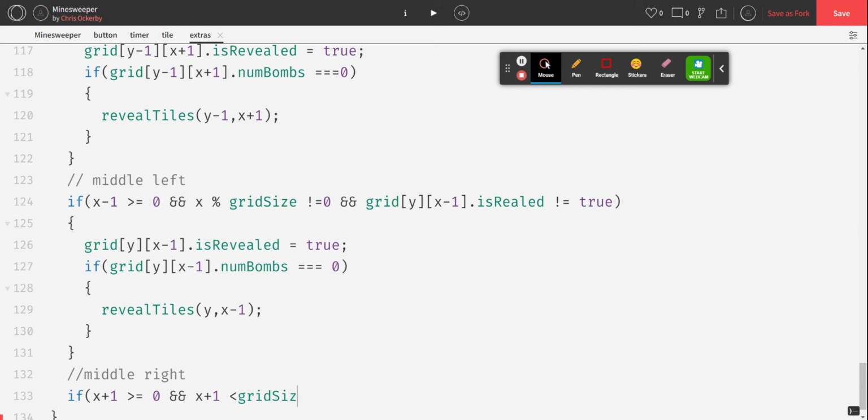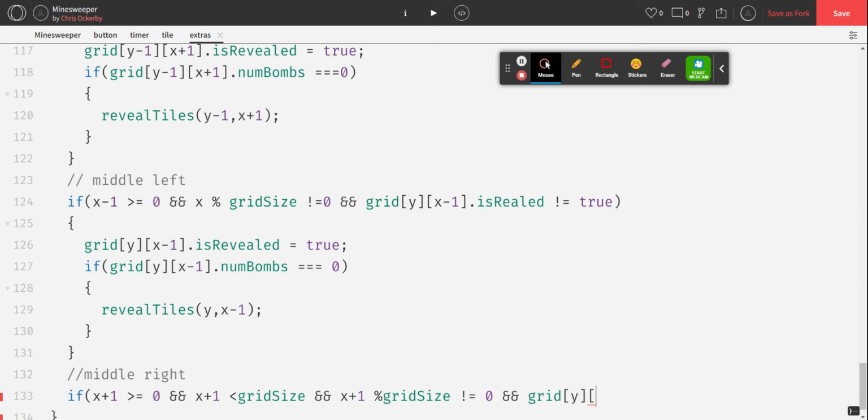Oops, grid size, and x plus 1, the remainder of it, divided by grid size, let's just fix that, is not equal to 0, and grid